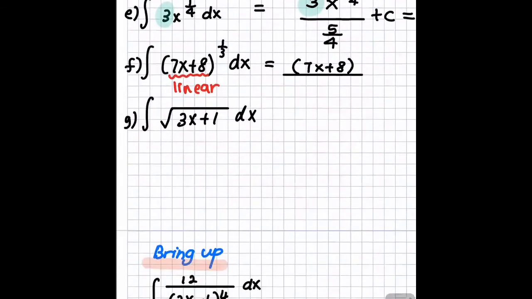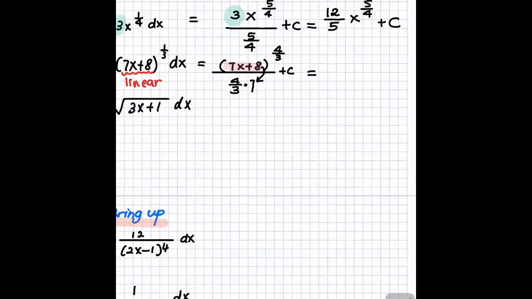4 over 3. Okay, take the thing, divide it at the bottom. Now you have to do one more step. Get it out. Over 7, yes, times 4 over 3. Correct. 3 over 28. Just flip it up. 28. Okay.